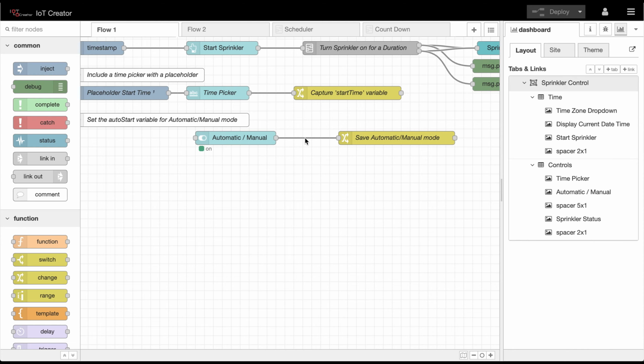So the scheduler node is a node that contains a variable called schedules, and that holds what dates and times we want to perform an action. It's also aware of time zones, and it's also aware of the start time global variable that we've set